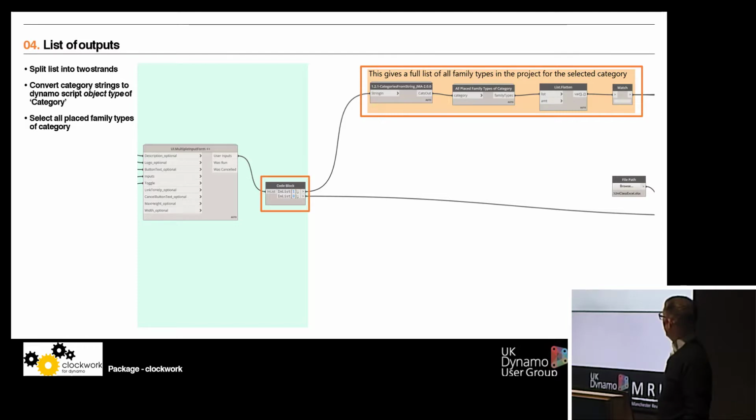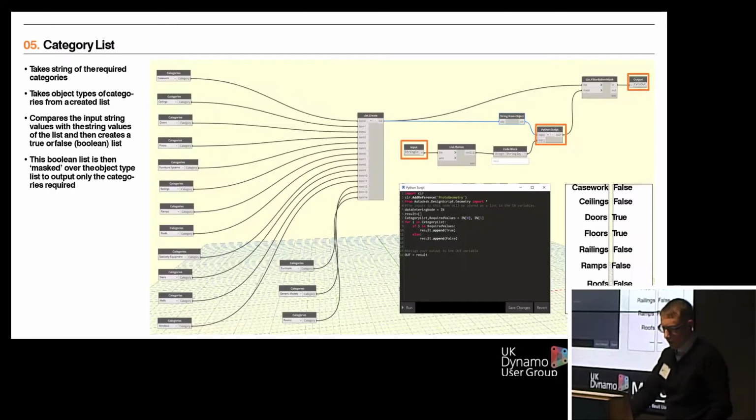But the top strand that we're going to focus on first is about the categories and how to start to deal with selecting parameters from those categories. So I created a custom node because what we're going to do is take the string value of the categories from our input form and convert them to an object type, which is very important in Dynamo, an object type